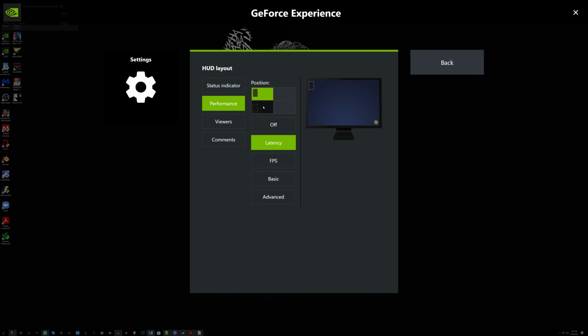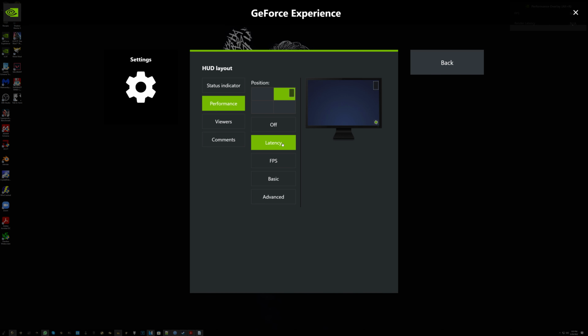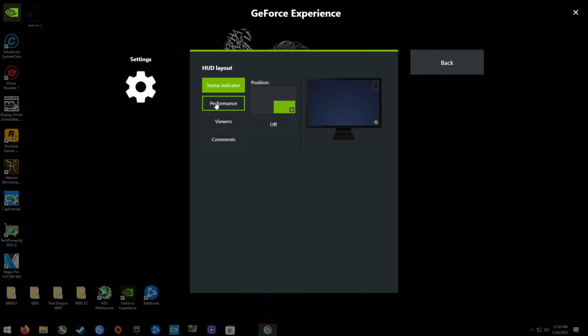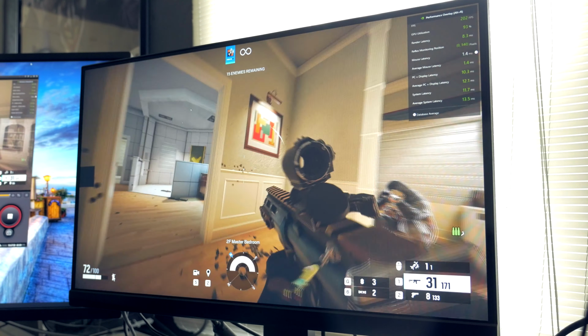If you want it on the top right, top left, whatever, you can move it around to where you want to have it on screen. And you want to make sure that you are on the latency option. You can also turn it off entirely, or you can put it back on and set it to latency. You can measure FPS or have advanced results if you want GPU clocks, temperatures, all that kind of stuff. You can go ahead and put that all up there too. But for the purposes of latency, that's what we're going to want to keep it at. And if you have an NVIDIA Reflex Analyzer, there will be an additional option down here for utilizing that overlay option. So that is a great tool that is available to many of you right now to monitor your latency in games,